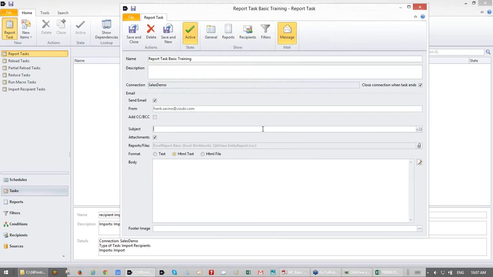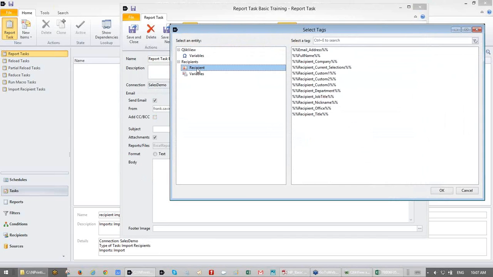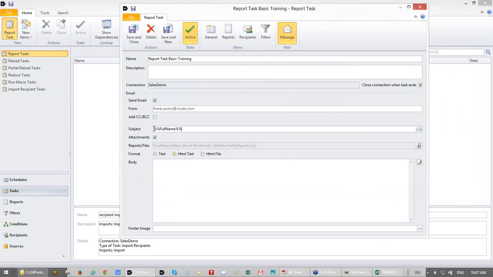You can type your subject, and you can actually use some tags, for example, like a recipient tag, information, department information, what have you. So in this case, I'll just for example say full name, right? And in the body, you can actually embed